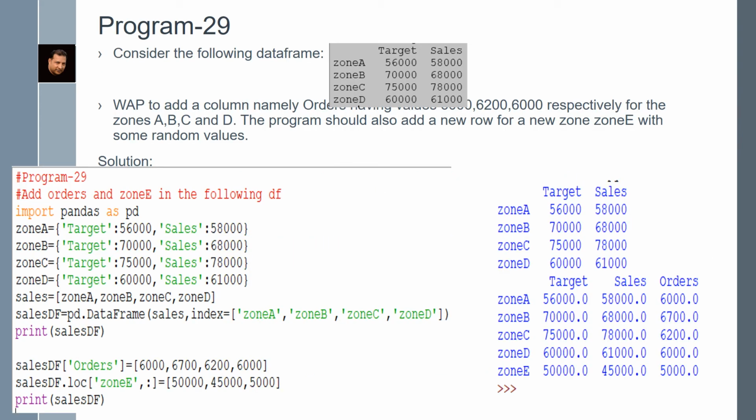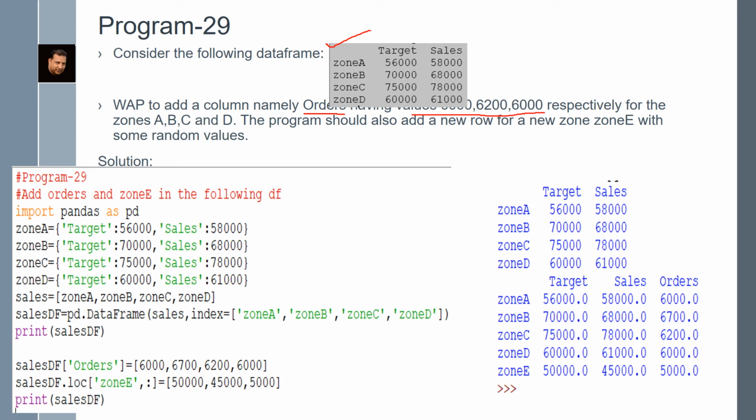Program 29. Consider the following data frame: target sales for 4 different zones. What you have to do? Add a column orders having these values respectively.